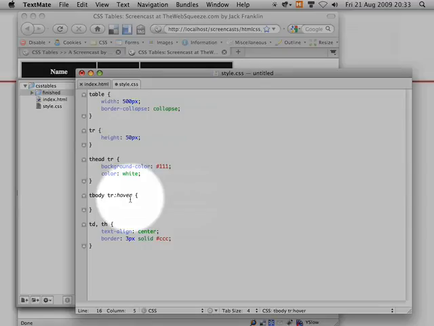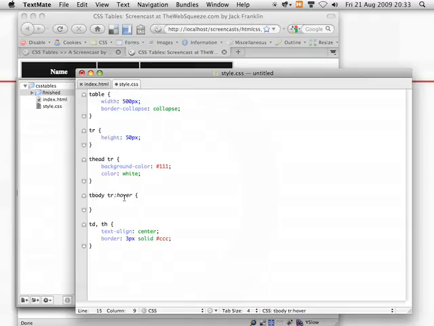so if I just show you that, you've got table body, table row, so when we hover over a table row which is in the table body, just want to make sure that's absolutely clear, we are going to change its background colour. And this is once again a colour I picked out earlier, E3, E3, E3. And all that is,